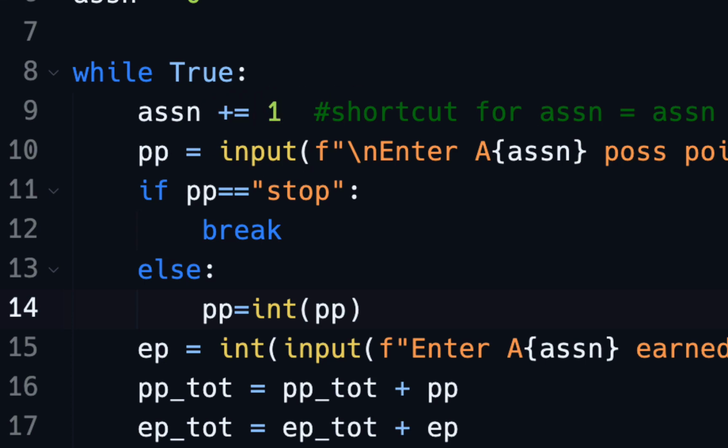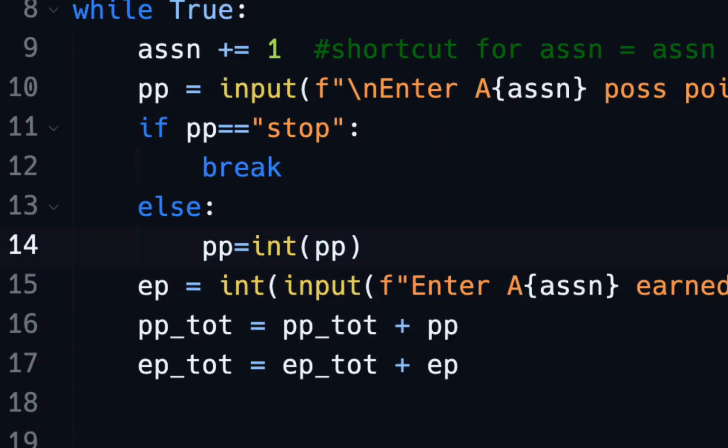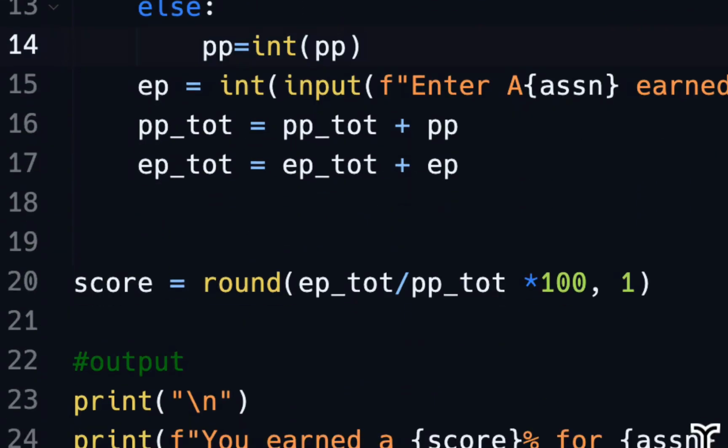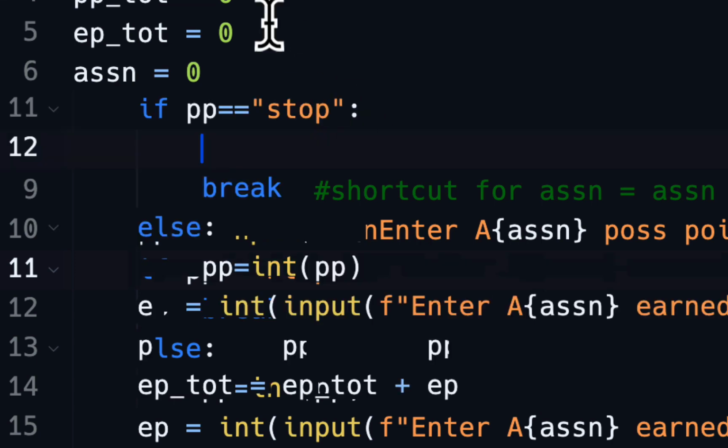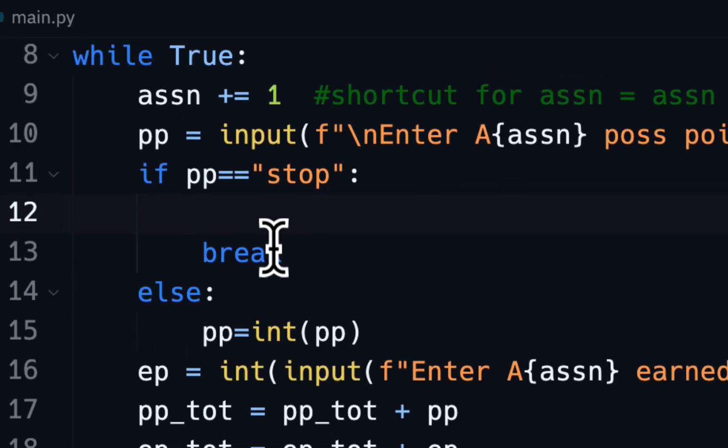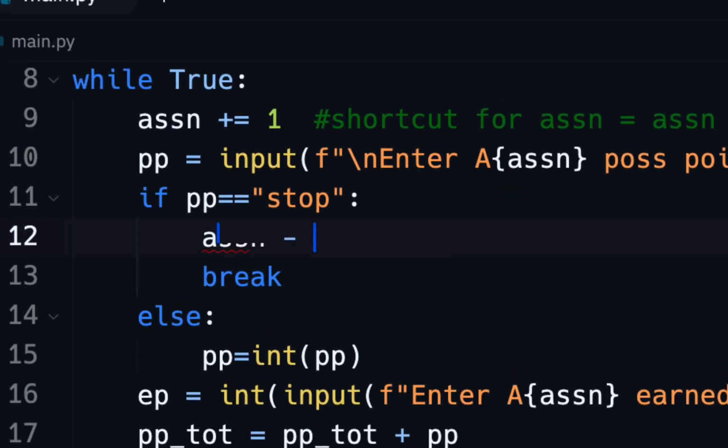So what could you do with that? Well, you could go down here and do that -1 thing. Or if you knew that was going to happen, you could say, well, if you break it, we actually want to send it back once because we don't want to count it. So you could almost say, I don't want to count the one we just did. And this is a little more mature than just subtracting something down here. You could say, hey, if we're going to break it, then let's make sure that we don't count up the final assignment. So we're going to go assignment equals assignment